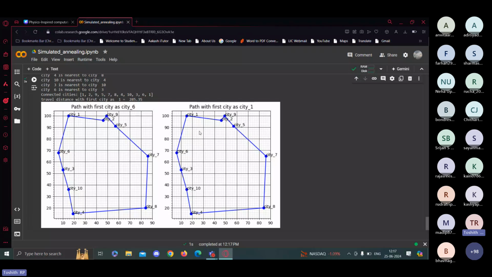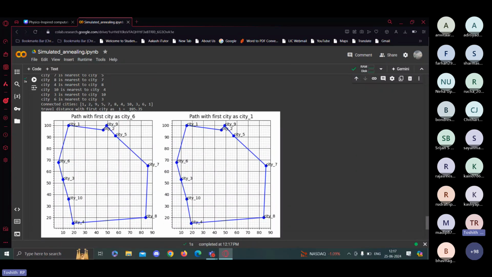So this is the output we get. Over here I've started with city 6 and now I've started with city 1. Luckily in this case you have gotten similar touring path. But sometimes the coordinates of cities can be arranged in such a way that the nearest first algorithm always gives a worse solution compared to simulated annealing.